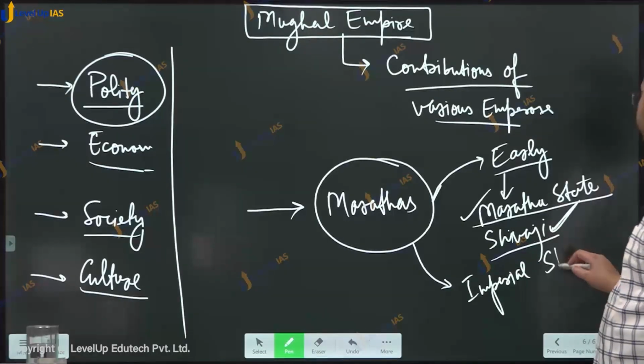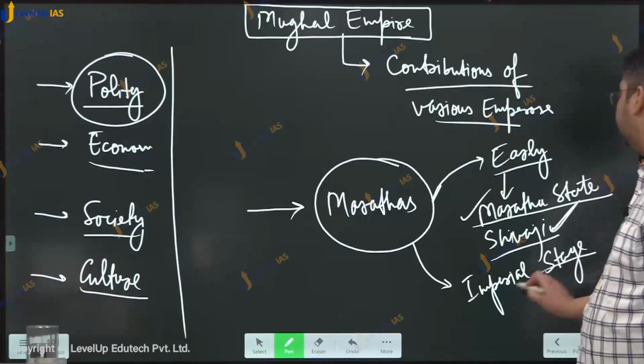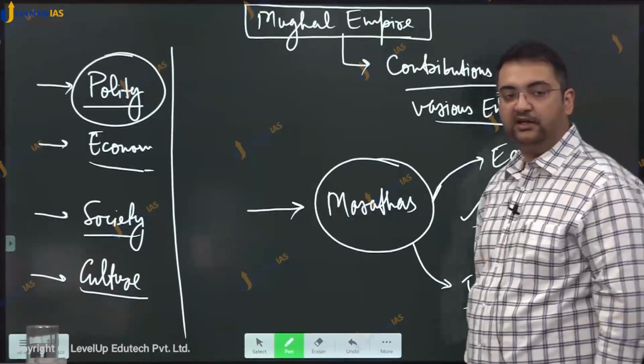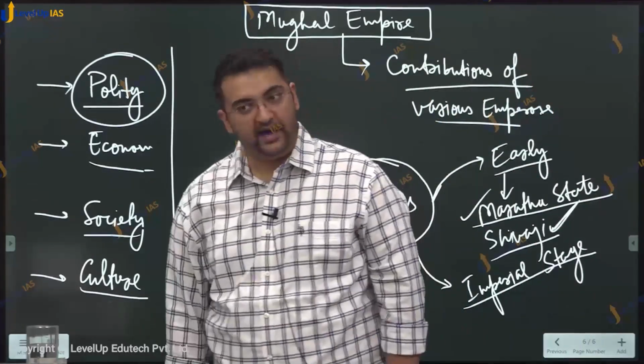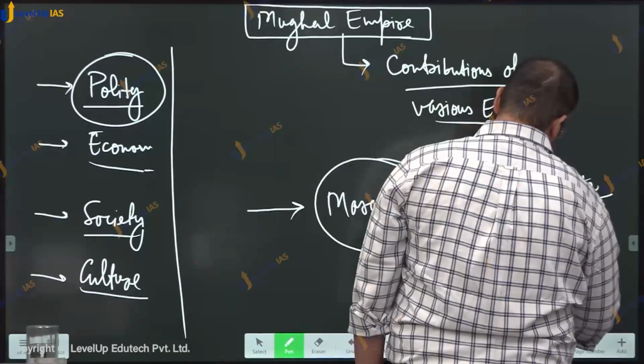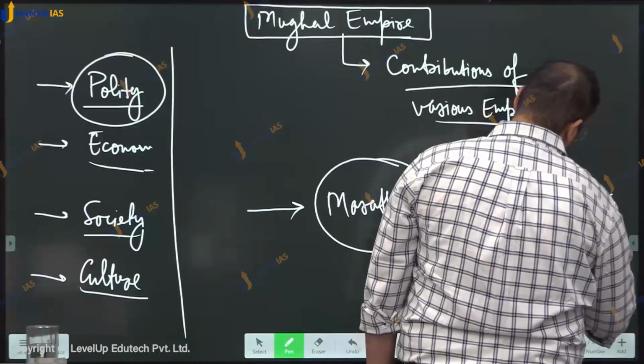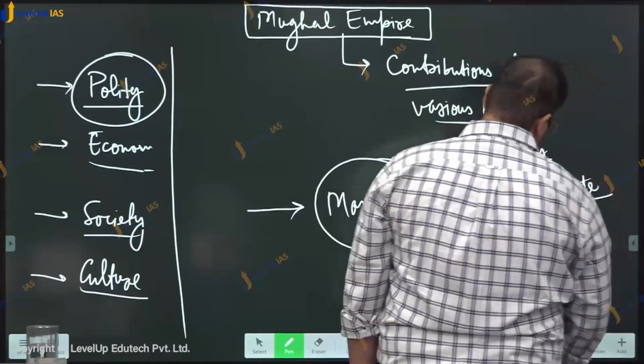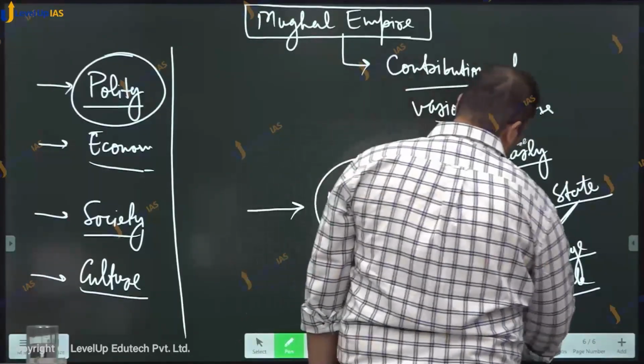imperial stage, that is the transformation of the Maratha state into a proper empire. This is also known as the stage or phase of Peshwa rule, also known as the phase of the Maratha